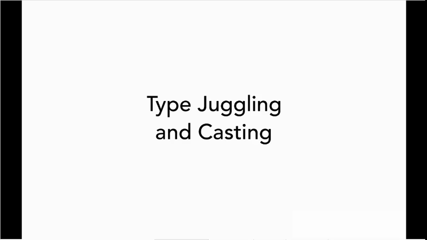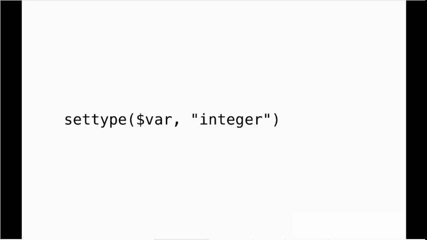We can also explicitly set a type ourselves. For example, converting a string 1 into the integer 1. And when we do it, it's called type casting. And we can do type casting in two ways. We can do it using a function. We have the settype function for that purpose, and it's just settype, and then in parentheses, two arguments, the item that's being cast into another type,